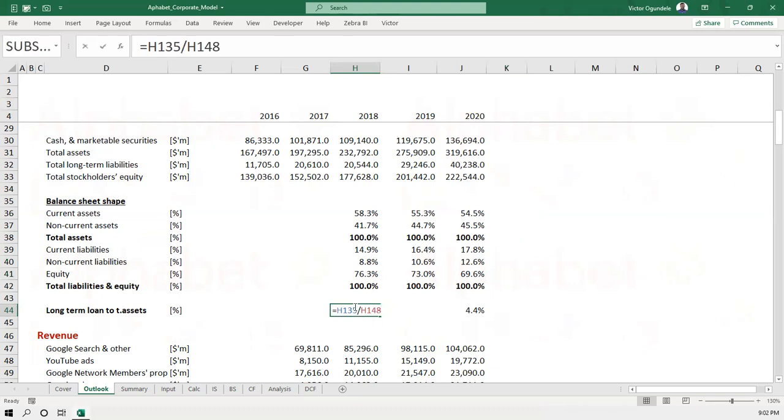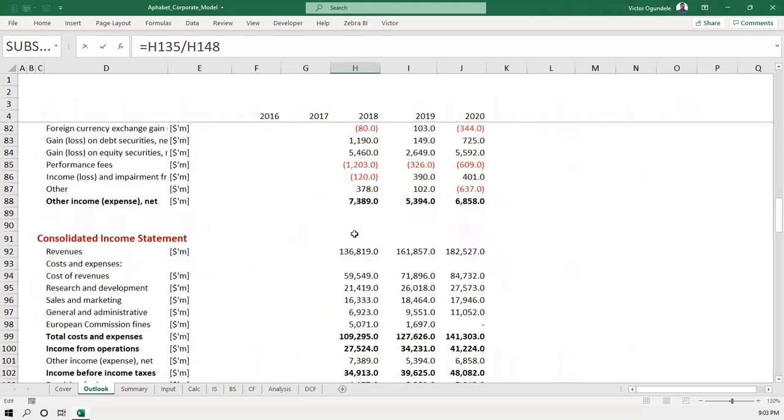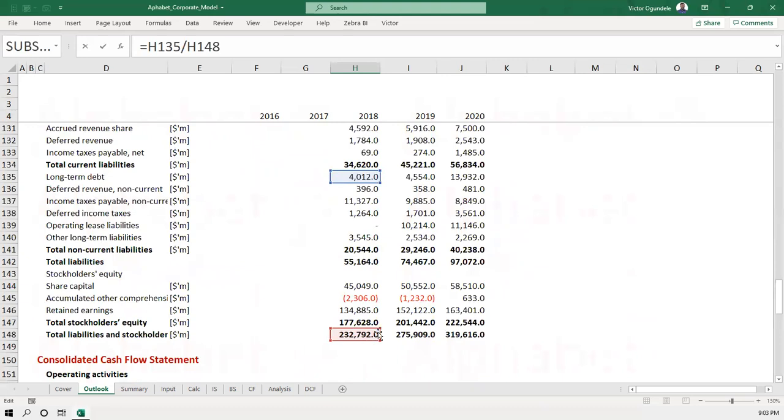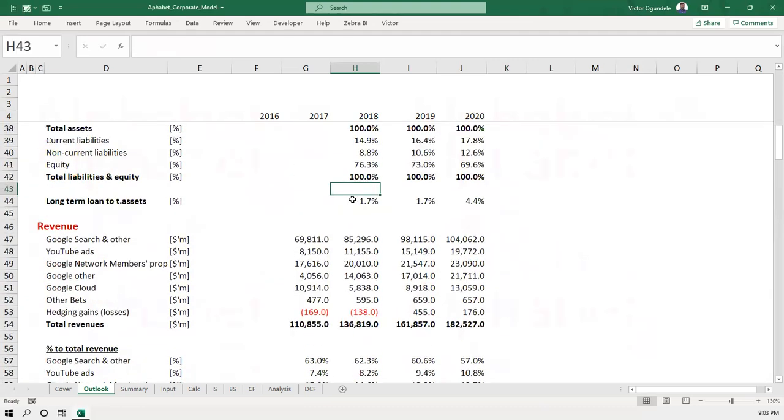For example, what I've done here is I'm just trying to see how well they have been using loans in their funding. So I divided their loans, where's the loans? 135. So this is their loan. I just measure it against their financing, the percentage of their long term debt to their financing, so that I'll be able to understand that structure. And I can see that in 2018, their loans to their total funding, so the total assets is still the same thing as total funding, was 1.7. In 2019, they maintained that same thing.